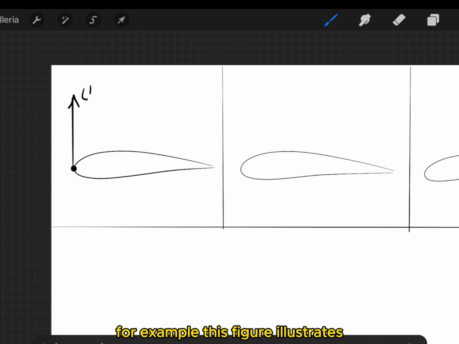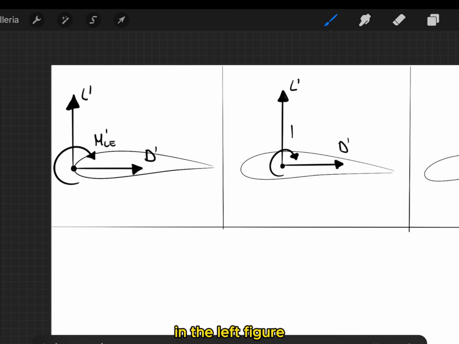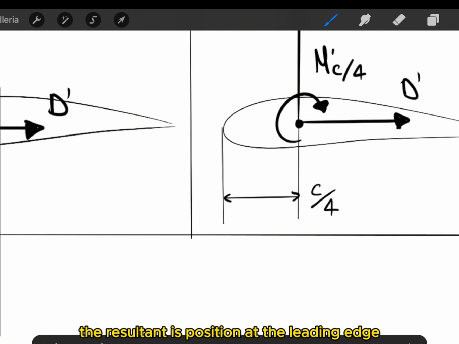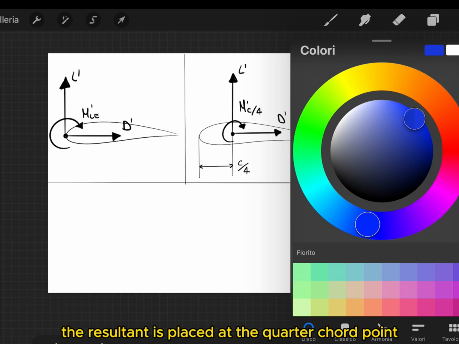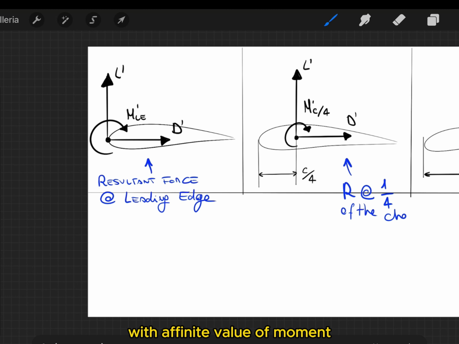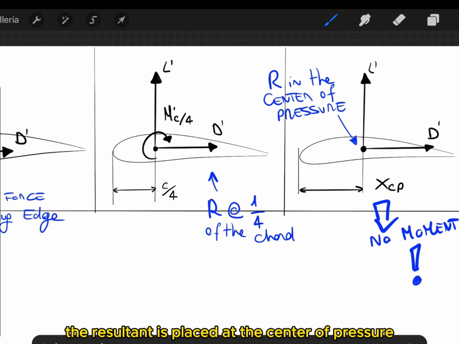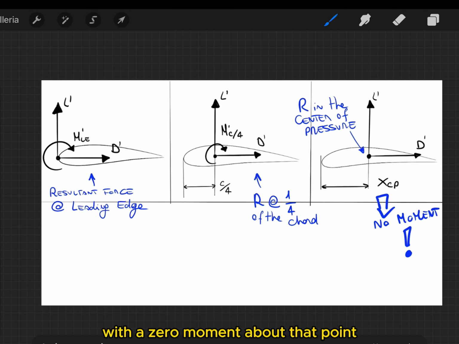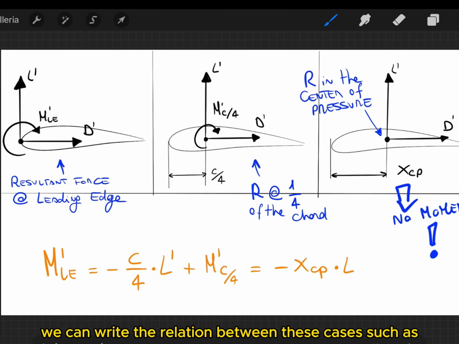For example, this figure illustrates three equivalent ways of specifying the force and moment system on an airfoil. In the left figure, the resultant is positioned at the leading edge with a finite value of moment. In the middle figure, the resultant is placed at the quarter chord point with a finite value of moment, chord over 4. In the right figure, the resultant is placed at the center of pressure with a 0 moment about that point. We can write the relation between these cases such as